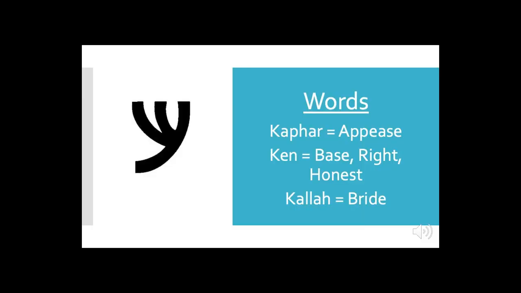Okay, welcome back. Now we're going to look at some vocabulary words that go with these letters. So for the Kaf, we have kafar, which means appease, number 3722. And the spelling that we're going to write on the line, we're going to go right to left, and it is kaf, pei, resh, kafar. Our next word is Cain, and that is meaning base, right, honest, number